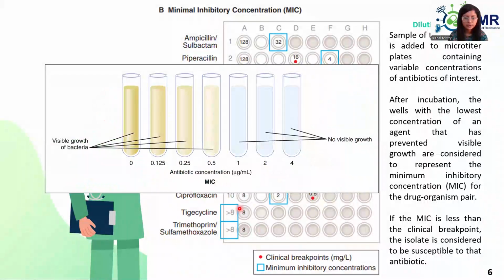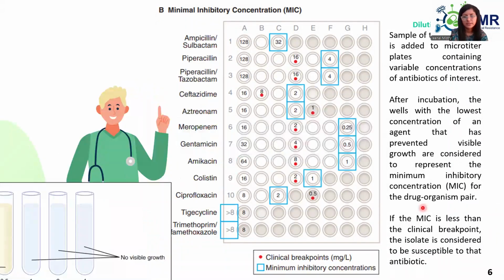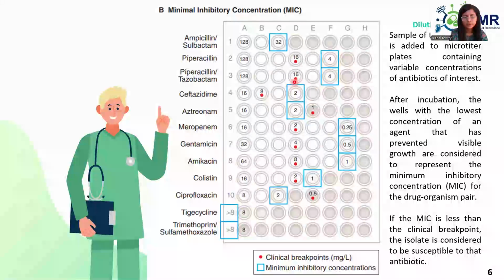So this is the lowest concentration, like 1 microgram per ml, at which it has prevented the visible growth. That is considered to represent the minimum inhibitory concentration for the drug-organism pair, right? And if the MIC is less than the clinical breakpoint, the isolate is considered to be susceptible to that antibiotic. So this is the clinical breakpoint, and this is the minimum inhibitory concentration in the